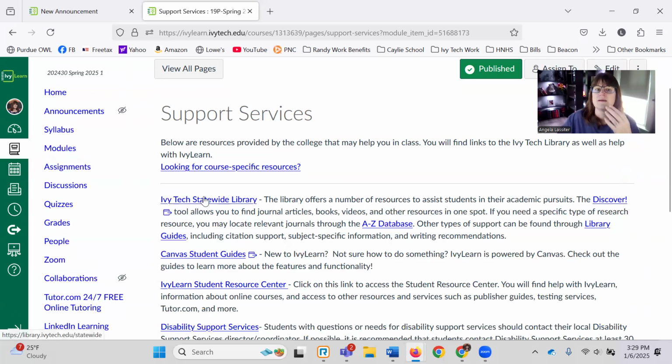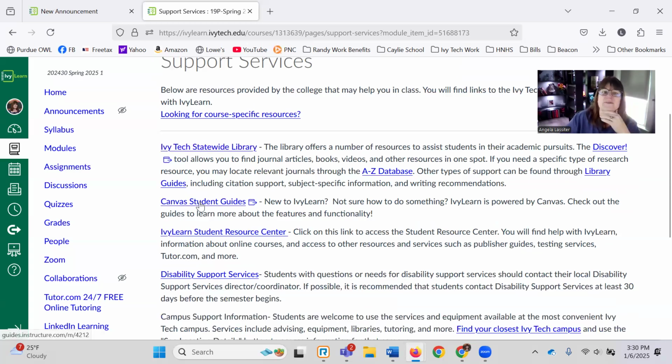As you can see, your Ivy Tech statewide library has a vast collection, anything you could possibly need for a source for your writing. This is where you're going to go, because you want quality sources. You don't want to be using google.com and finding .com sources because they're just not credible. So use the Ivy Tech statewide library databases and find all the resources you could possibly need.